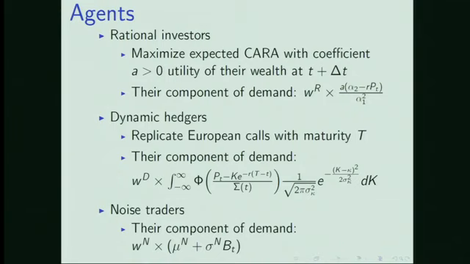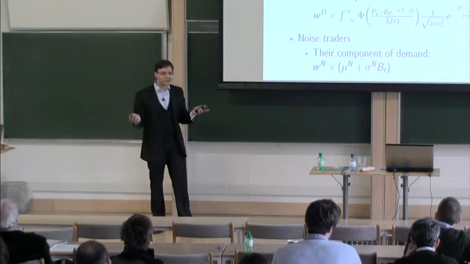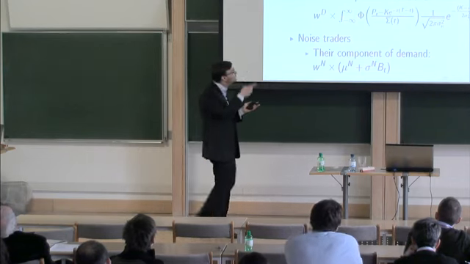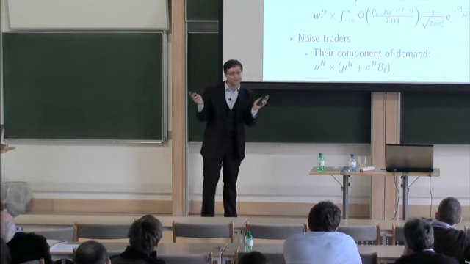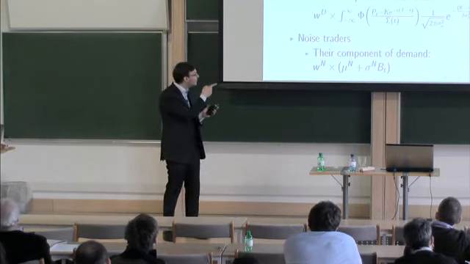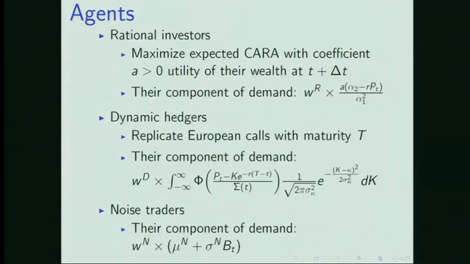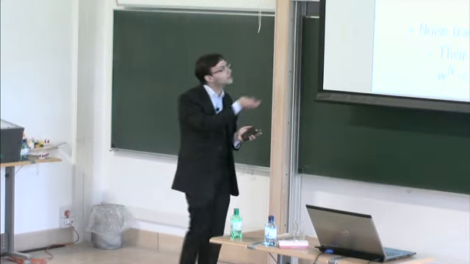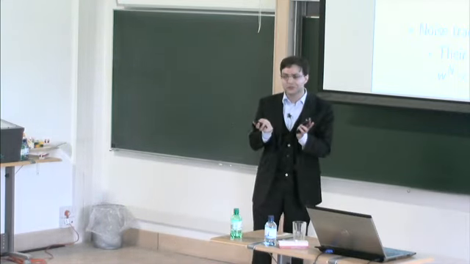And the second group, they are dynamic hedgers. They just replicate the payoff structure of some instrument. And if these two components work in different directions, so the second one, if P increases, then the component of demand increases, then we have non-monotonicity. So how can we model this non-monotonicity? There is lots of room for extensions, but the idea is that these two components should work in different